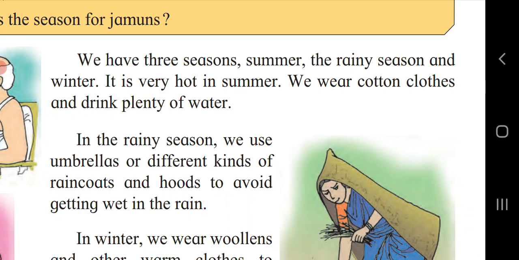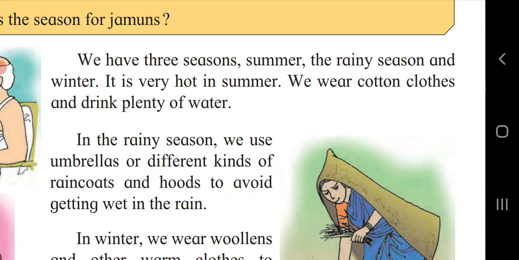As for suitable clothing for the summer season, it is cotton clothes. The suitable clothing for the rainy season is raincoats and hoods, and in the winter season woolen clothes are good. How is the environment in these 3 seasons? Let's see. In summer season, trees get new leaves. In rainy season, black clouds in the sky are seen, and winter is the season of Pangal, that is, the falling of leaves. In winter season, the leaves start falling from the trees.